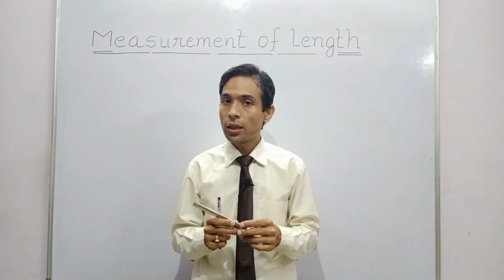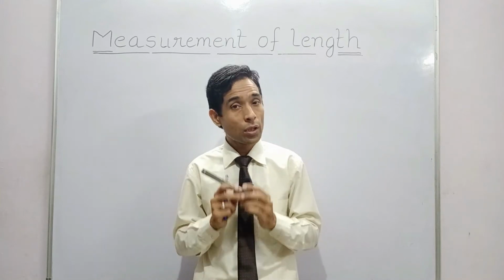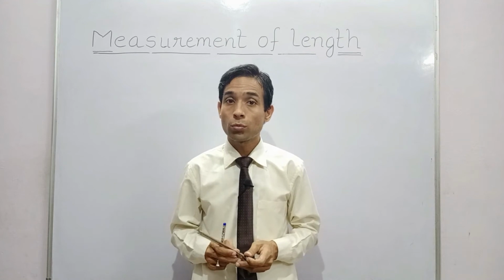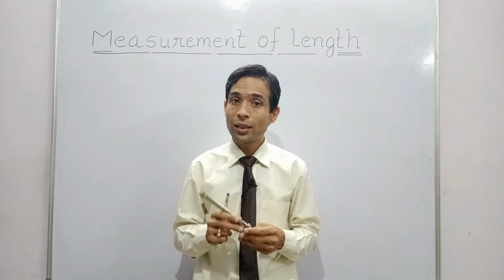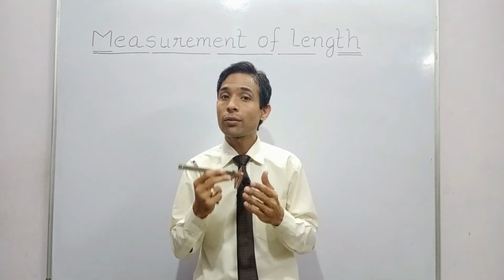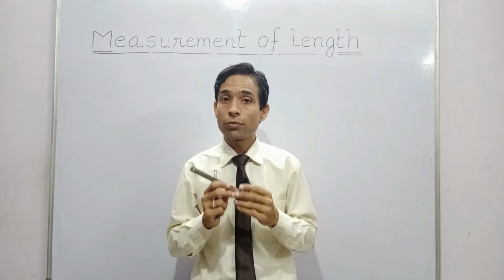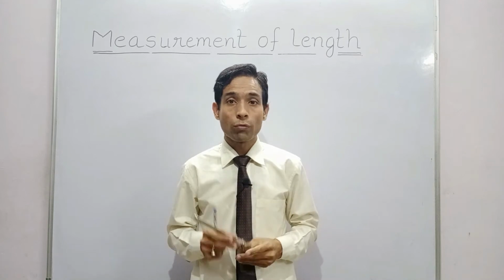Hello and welcome to the third edition of this topic. In the first part, we understood what is limit of accuracy of an instrument, which is also called its least count. In the second part, we understood what is vernier caliper, its different parts and related terms. In this part, we are going to solve book numericals of vernier caliper.